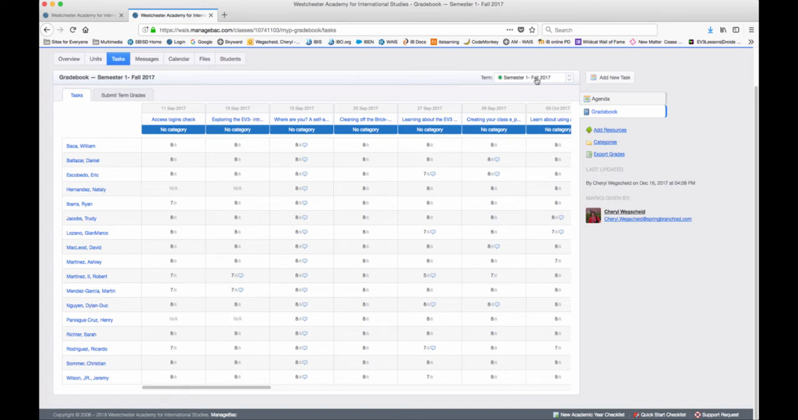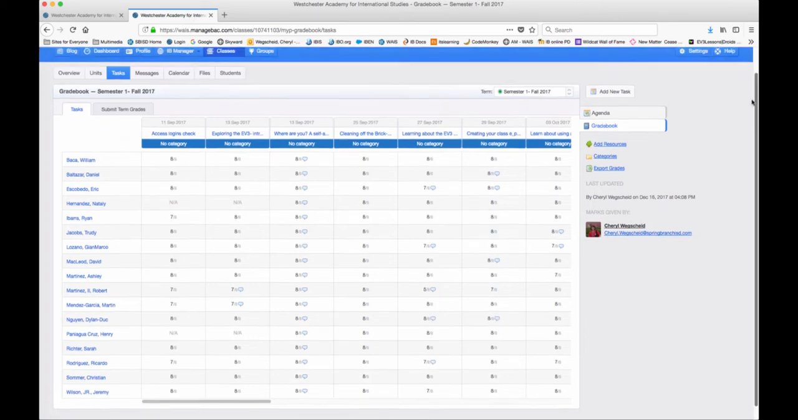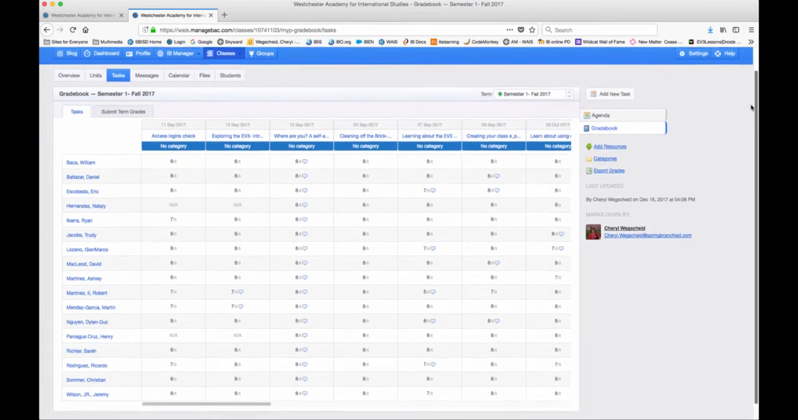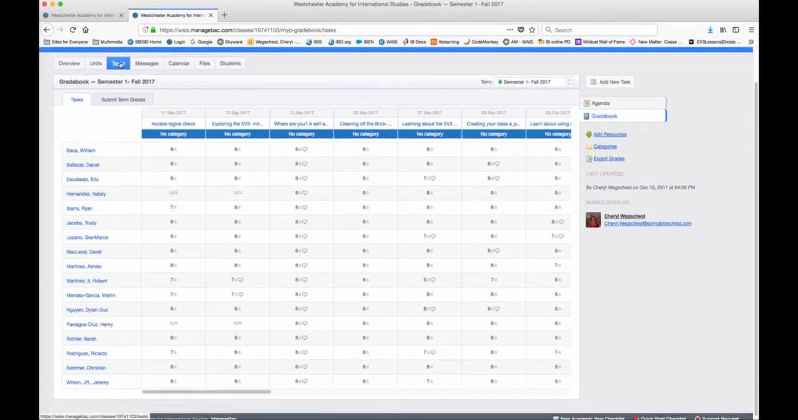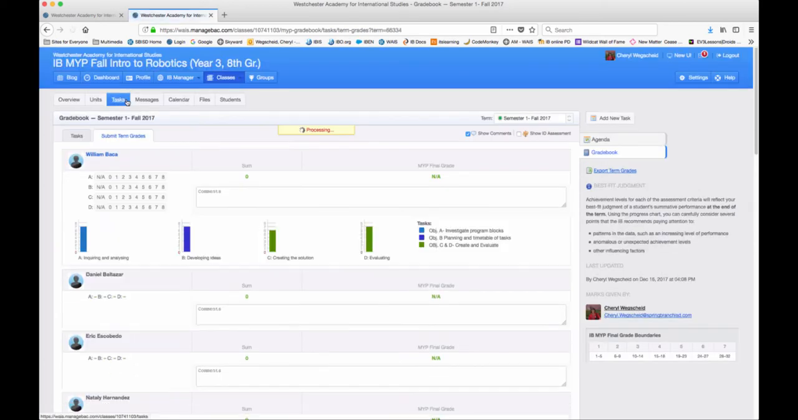So I'm in this one semester class, and I've gone and I've hit Task, and then I went to Gradebook, and now I'm going to do Submit Term Grades. And you will see that I have an A, a B, a C and a D for one semester for each of the students. So now I just look at the bars, and this A